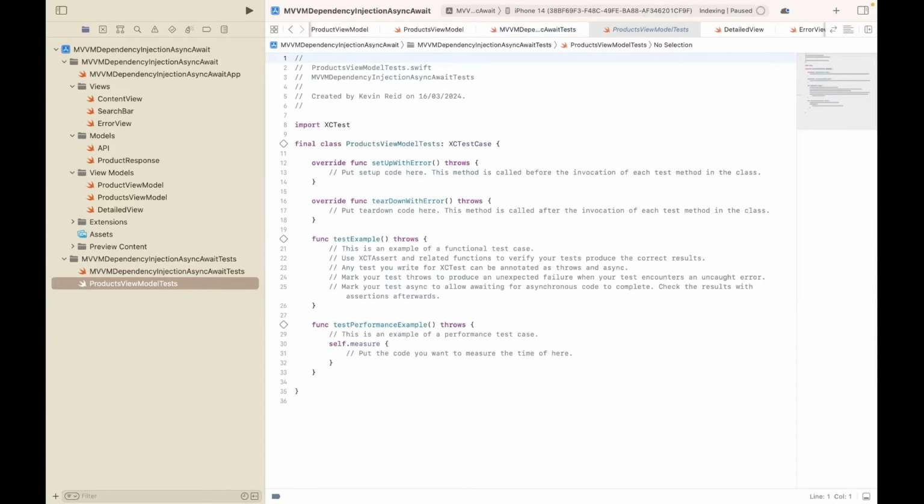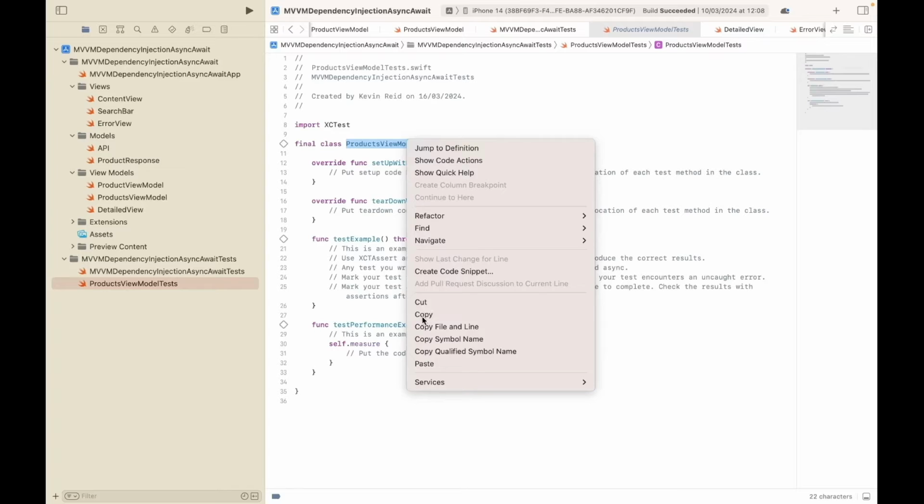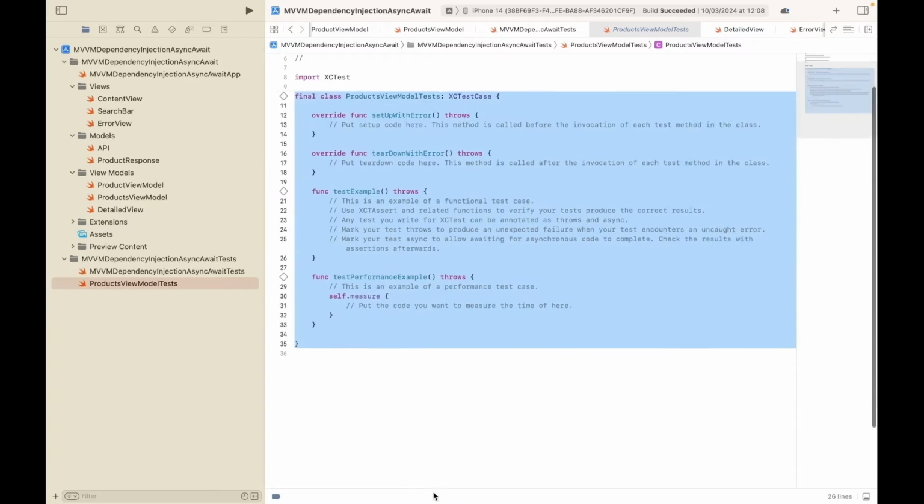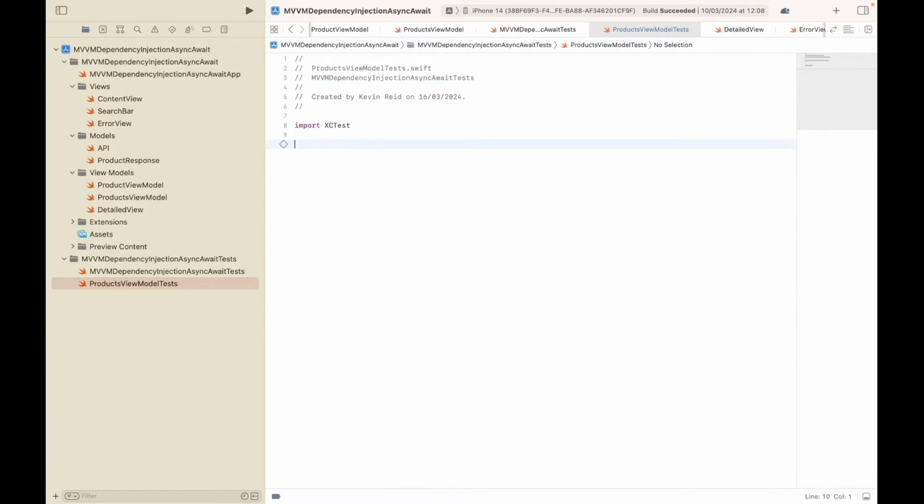The next thing we need to do is to delete our template code. So delete everything in the class, everything in the file. And now type the following: